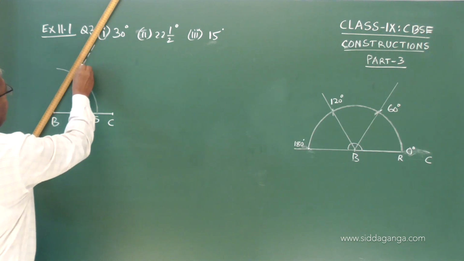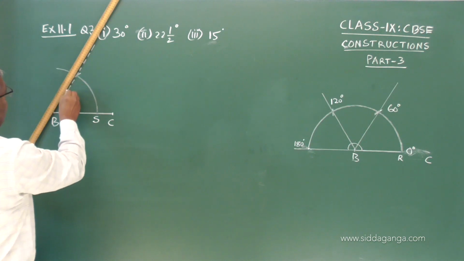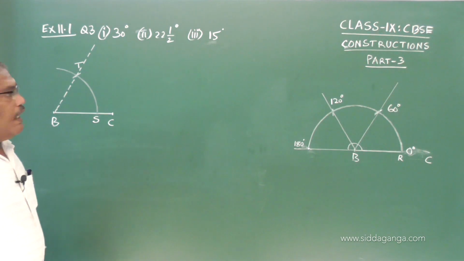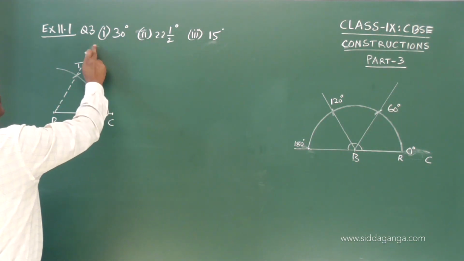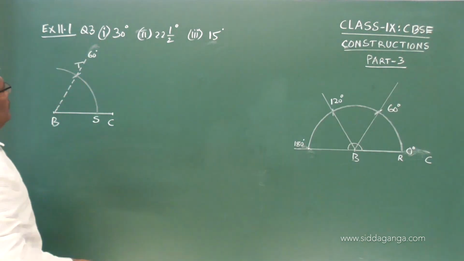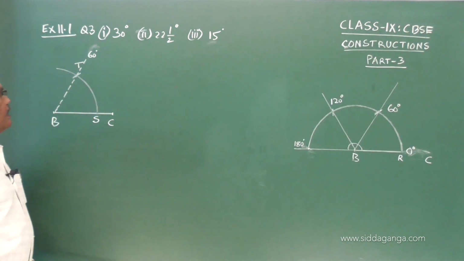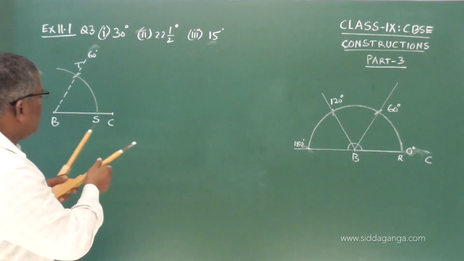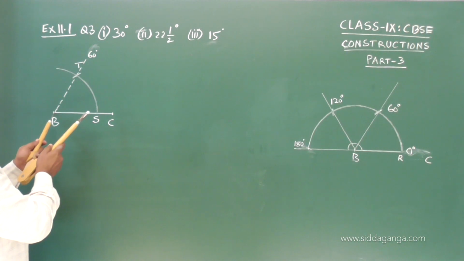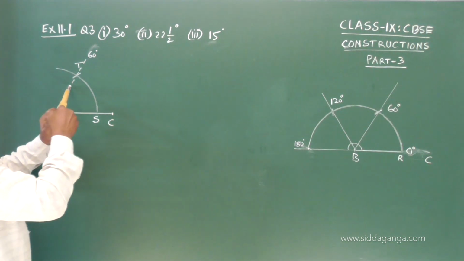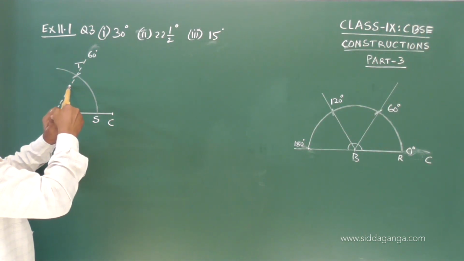So this is not the required line, we need a 30 degree angle. That is why I mark it with a dotted line. So this gives me a 60 degree line, 60 degree direction. So now I wanted to have a 30 degree, so therefore bisect this angle. For bisecting this angle, the next procedure is, you take some convenient radius and draw an arc.